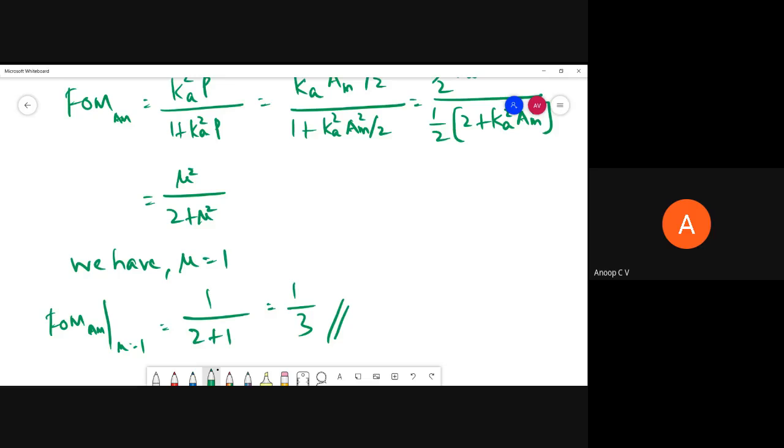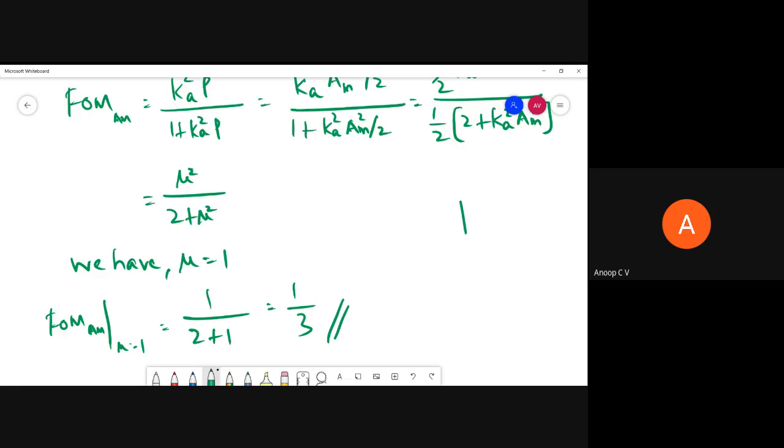So what we got now was the figure of merit, that is, SNR output by SNR channel of a standard AM system for 100% modulation, is 1/3. Whereas if it was DSB-SC, the FOM was 1. But when all other parameters are kept constant, the figure of merit or noise performance of standard AM was